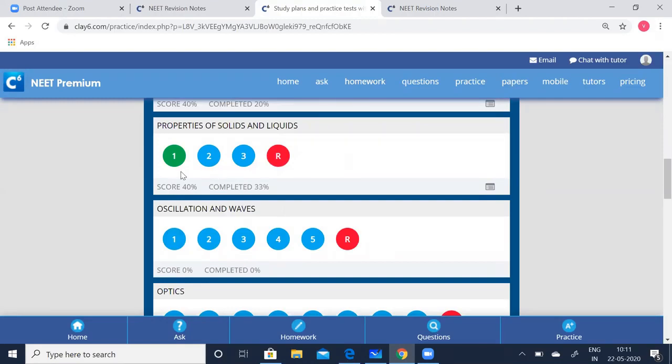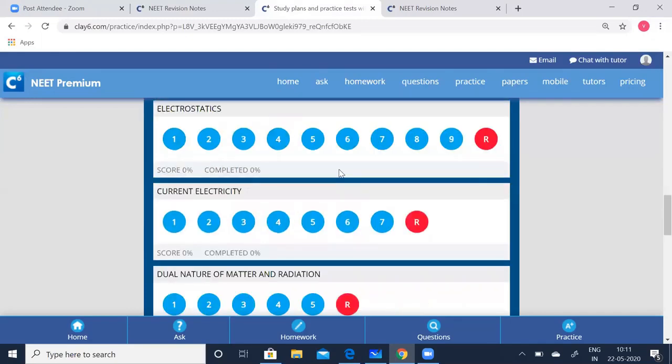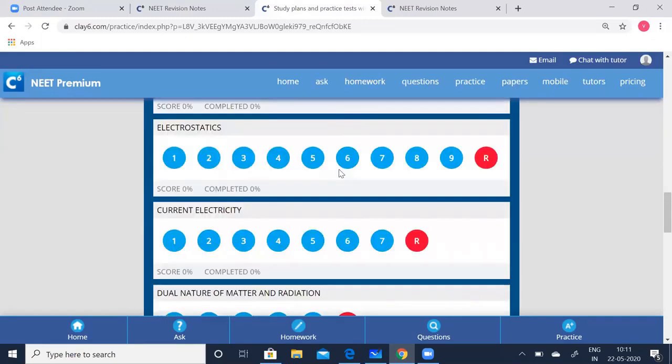Green one says you have already taken the test. Even if you have taken the test, you can take it any number of times. If you're not satisfied with your results, you can go to the NEET notes, revision notes, and make yourself thorough with the concepts again and again, and then take the test again more than once. Until you're thorough with the concepts, you can go on repeating the test. So finally, you can take the full test.